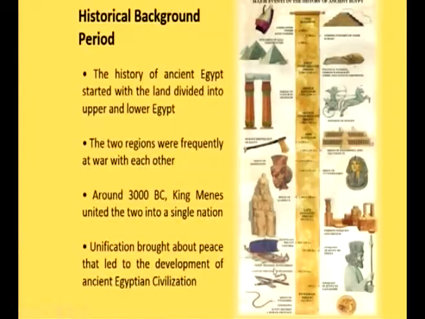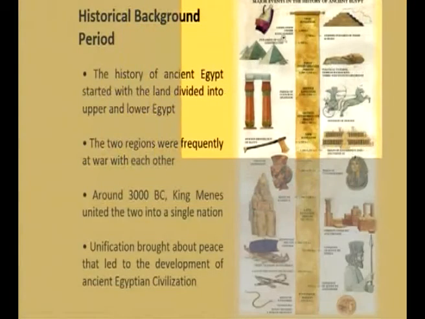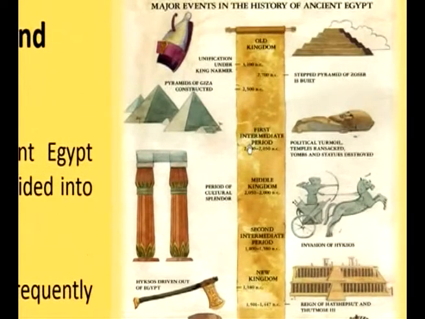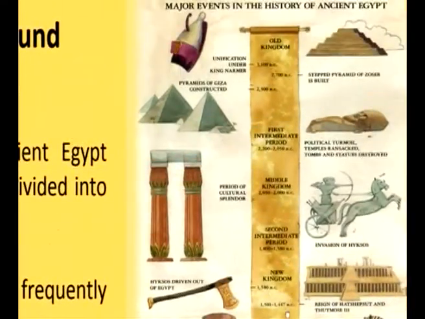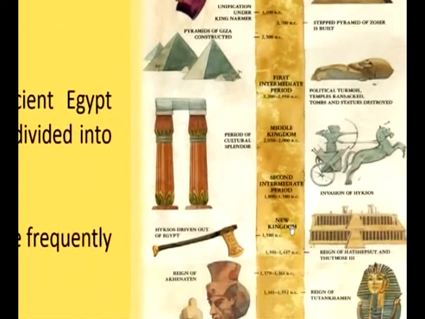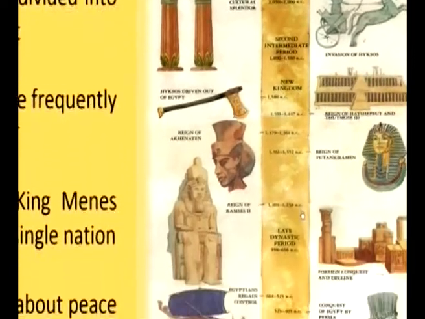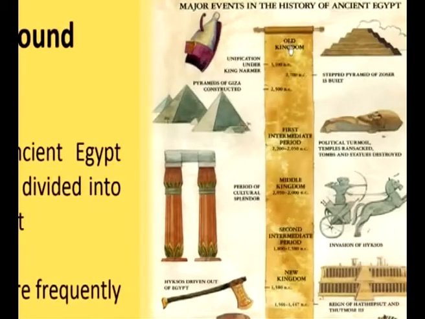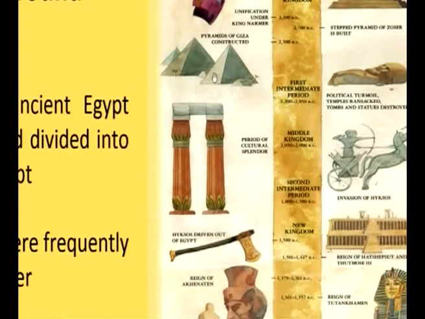So we could see the major events which happened in the Egyptian country. Egyptian civilization, based on the major events in history, is classified into 7 kingdoms. So it's the old kingdom, first intermediate kingdom, middle kingdom, second intermediate kingdom, new kingdom, late dynastic kingdom, and the period of Greeks and Romans. In the old kingdom, the step pyramid of Zoser was built, and the pyramids of Giza were built in the